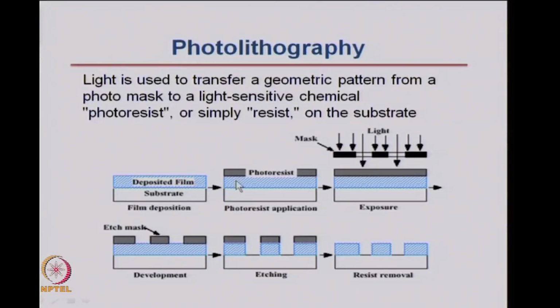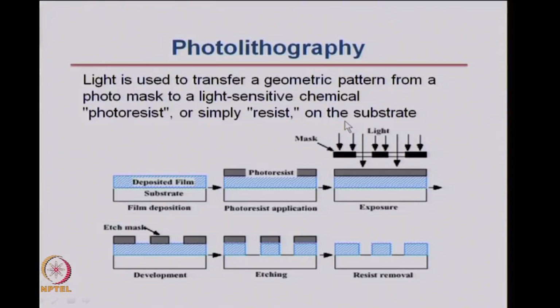After that you deposit another layer of the photoresist. So, you have one layer of a film and then you have one layer of the photoresist. Then on top of the photoresist you place a mask. So, this mask has a pattern. It has these dark and white zones in the mask,